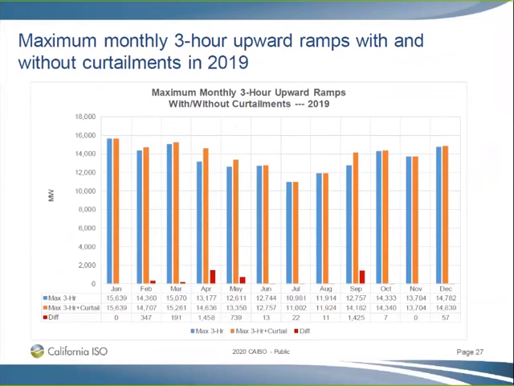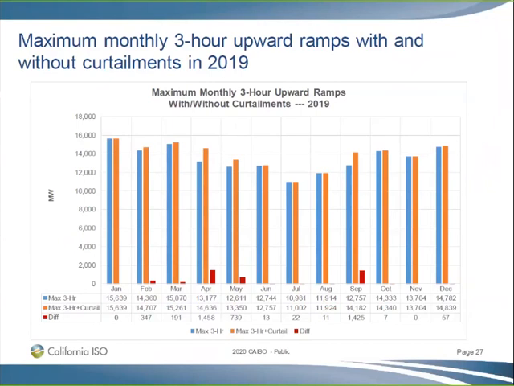There were also days when we shipped out quite a bit of renewable to EIM entities just to avoid curtailing a lot of renewables. So EIM is helping tremendously in terms of avoiding curtailment. But in some cases, some days when our load's low and your production is high, you do not have a choice but to curtail. So one of the things we do is we try to minimize curtailment as much as we could. So we take advantage of the time, how much we can export. We look at how much we can send to EIM entities. But on this day here, it shows you what the curtailments are.